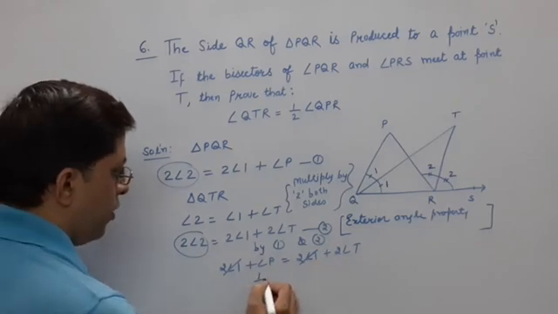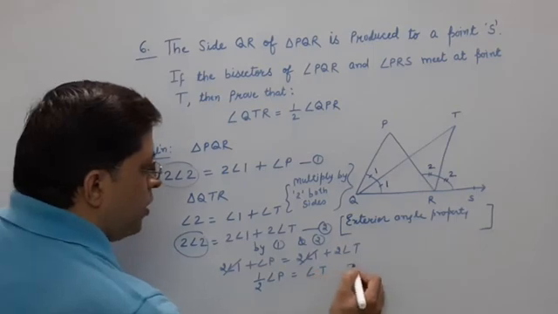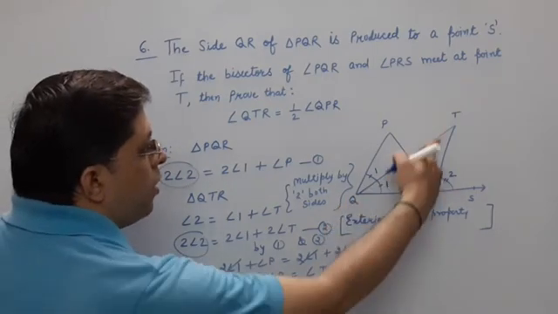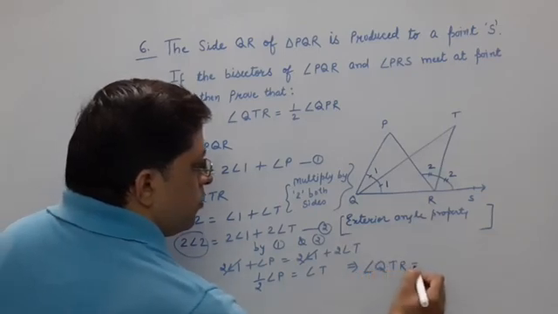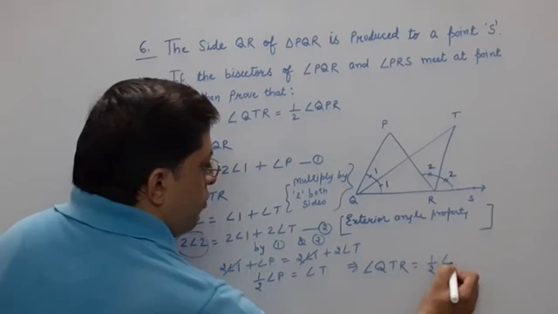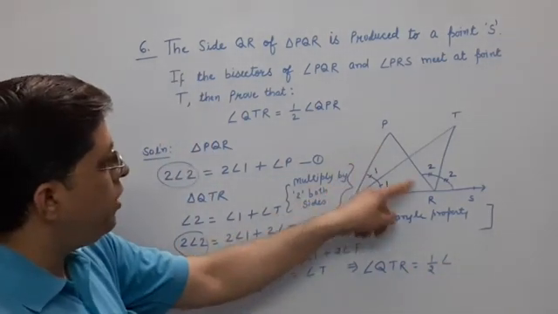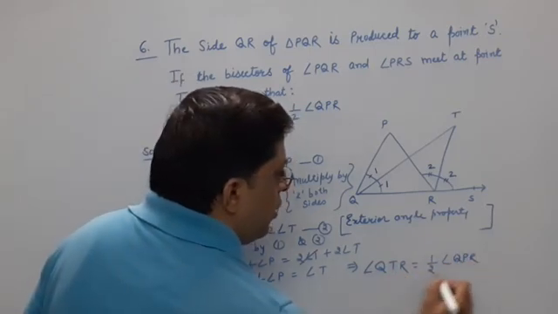Make it half here, half of angle P. This is angle T. So angle T, which is angle QTR, is equal to half of angle P, that is angle QPR. Hence